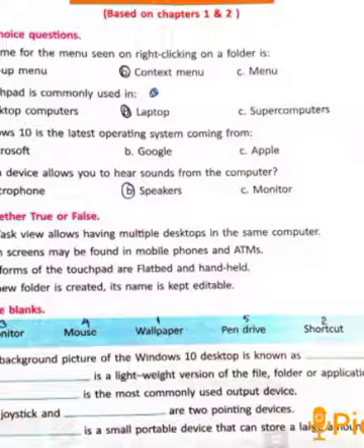Answer, monitor. Fourth one, the joystick and the dash are two pointing devices. Answer, mouse. Fifth one, dash is a small portable device that can store a large amount of data. Answer, pen drive. Okay, all of you mark the one words.